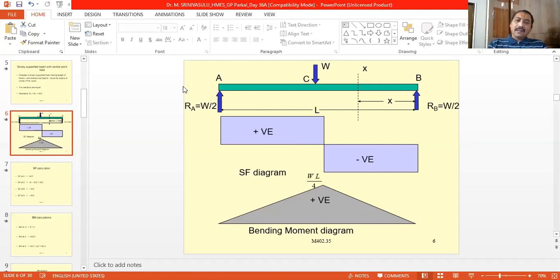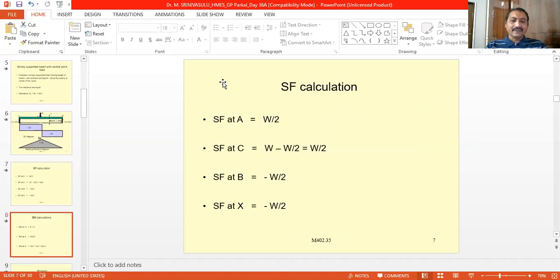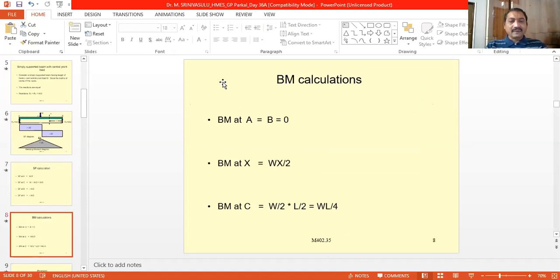Similarly, if we consider a section somewhere here, to the left we got only one force, that is RA. But RA is also acting exactly at the point A, and it does not cause any moment about the point A. Therefore, the moment caused by the support reaction RA about the point A is equal to 0. Therefore, the bending moments of the simply supported beam at the supporting points, that is at the ends, will be equal to 0. That we must note. So the bending moments about the point A and point B are both equal to 0.